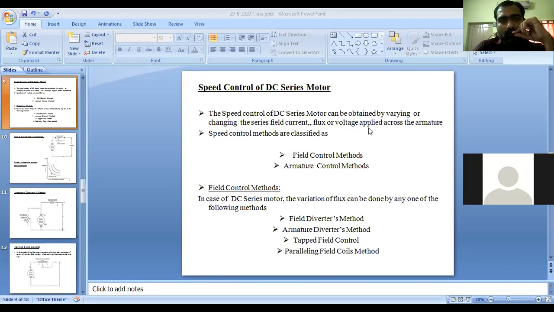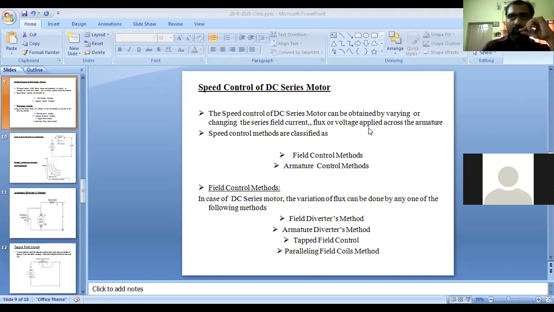Day before yesterday, we saw the class regarding the DC shunt motor: how the DC shunt motor speed is controlled, and what methods you choose for controlling the speed of your DC shunt motor.